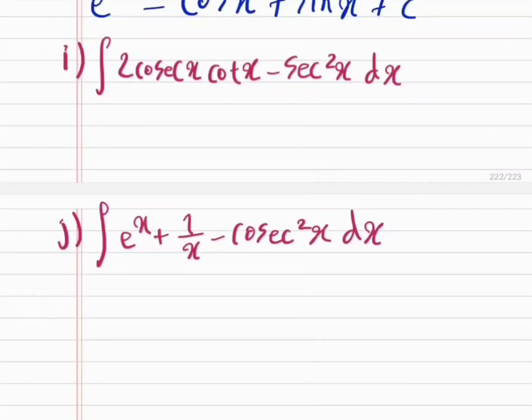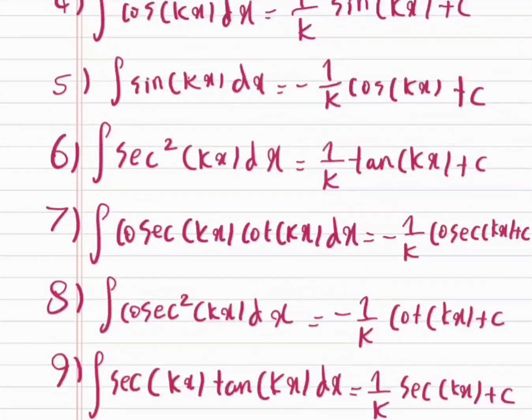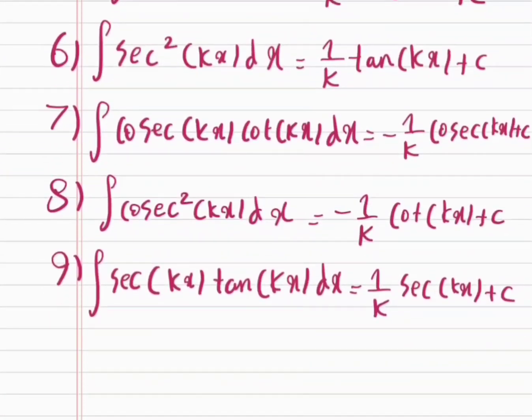I want to integrate 2 cosec x cot x minus x squared x dx. So we just need to use the standard results to find these integrals. If you look at the list, when we have cosec, k is just a constant, but in this question we don't have a constant, so we just have cosec x times cot x, and that integrates to minus